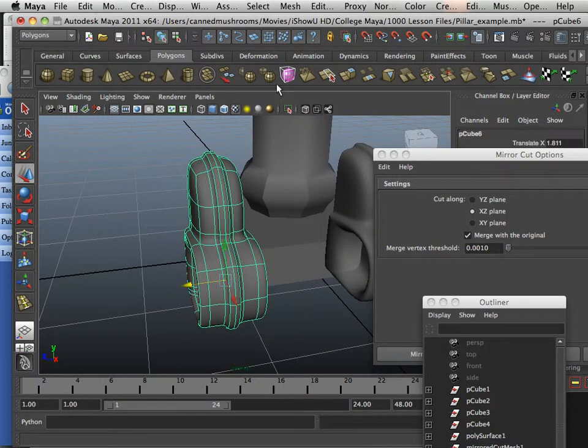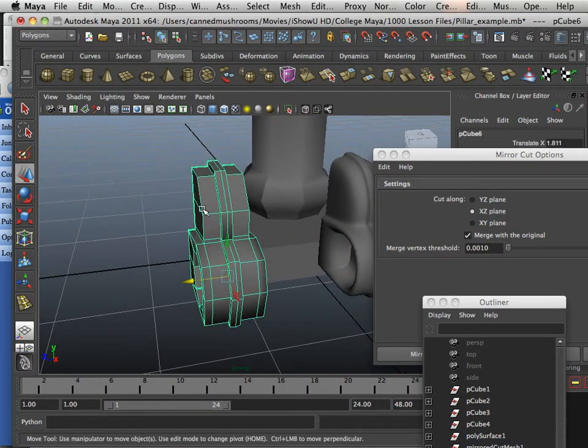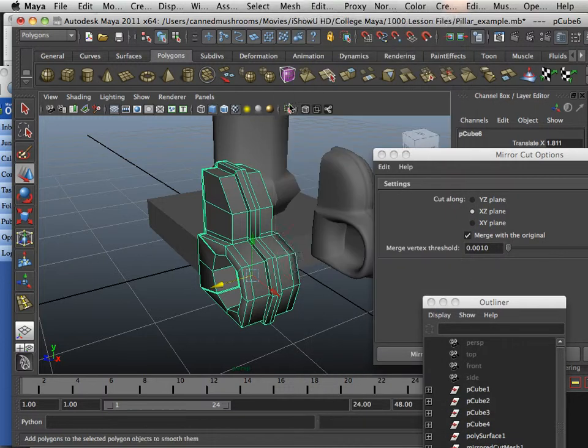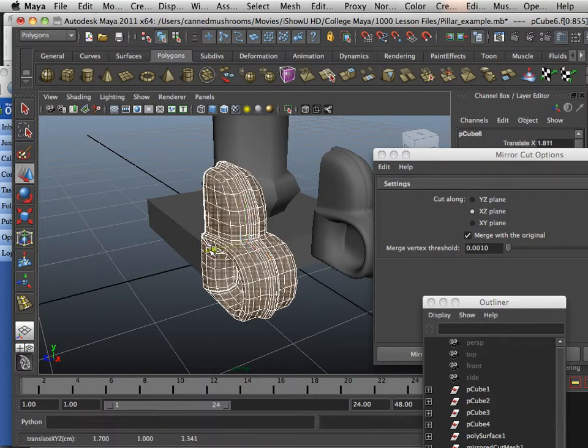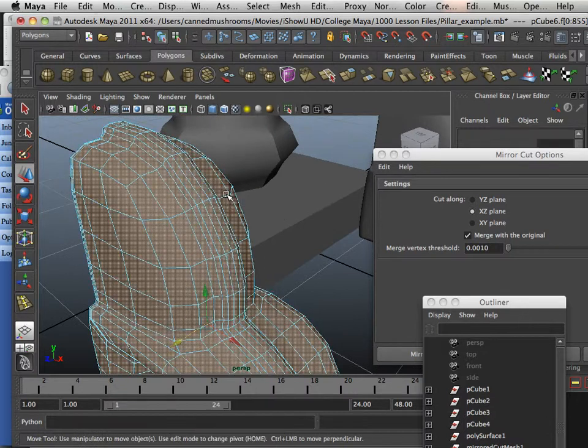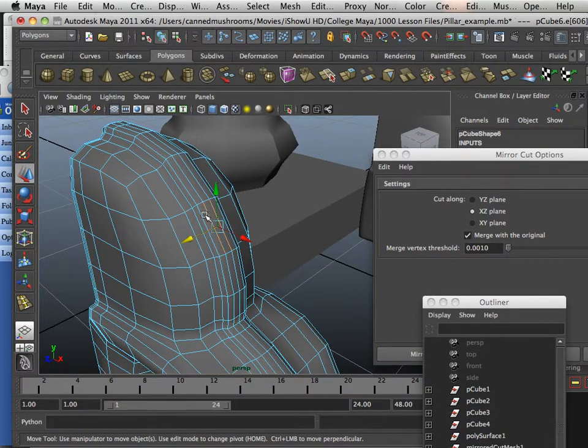Okay, poly reduction. So what's going to happen here is I have this form and I want to take it to the next level. I want to mesh smooth it, leaving me with this high poly object. And then what I'm going to do is selectively go in here and choose edges that I